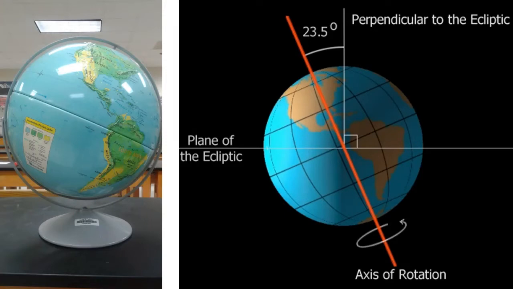Well, it has to do with this. And this is the fact that the Earth is tilted at 23.5 degrees on its orbit as it goes around the sun. You might have noticed we played with these globes before, and you've seen globes, and you'll notice that they're never straight up and down. They always have this tilt, and that's how they spin around that axis there, because that's a very accurate portrayal of how the Earth is physically oriented to the sun. It is tilted at 23.5 degrees as it's spinning and rotating around the sun.